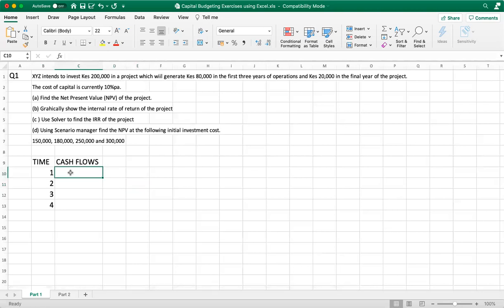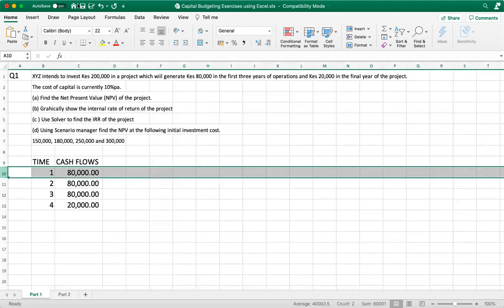So in the first year, 80,000 comes in. In the second year, another 80,000 comes in. In the third year, 80,000 comes in. And in the fourth year, 20,000 comes in. Now, we are told the initial investment is 200,000. So what you need to do is to come here and insert a row